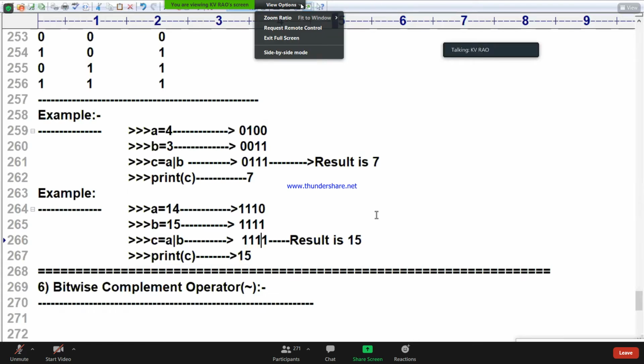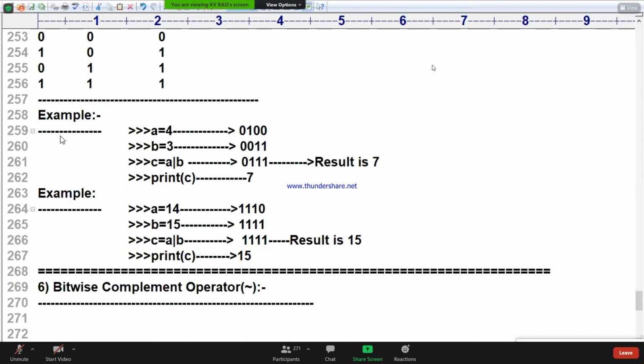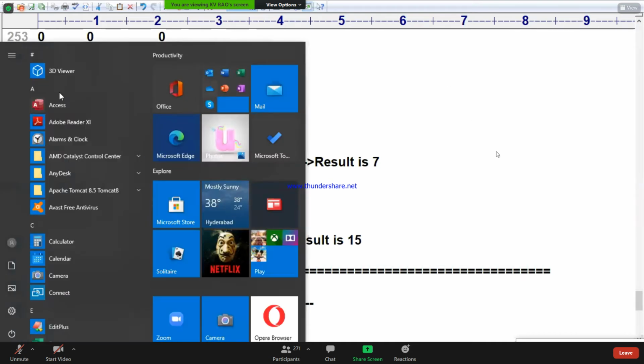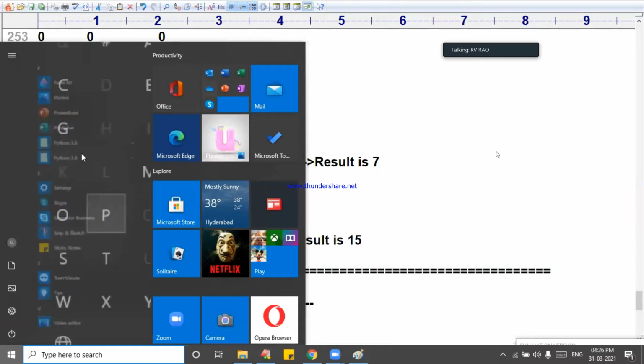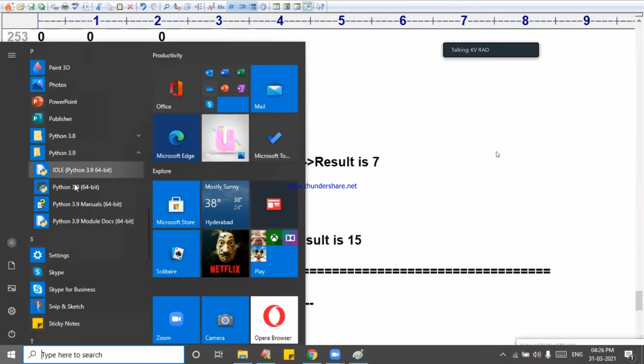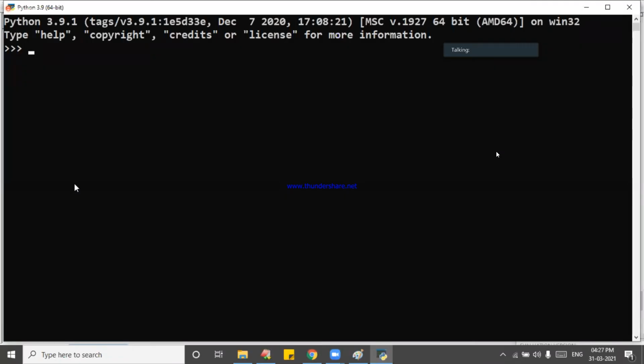Yes. Let us come to the Python environment. Now I'm going to my Python here. Take the IDE, command prompt, Python prompt. Now S1 is equal to {10, 20, 30}.